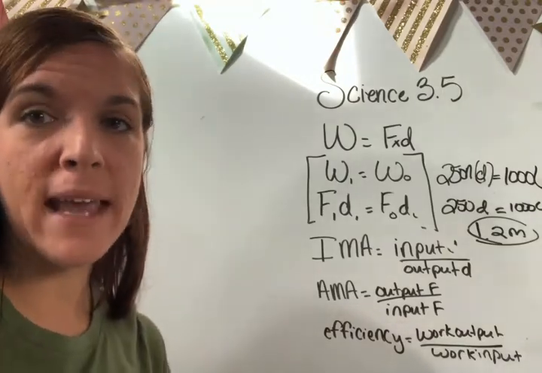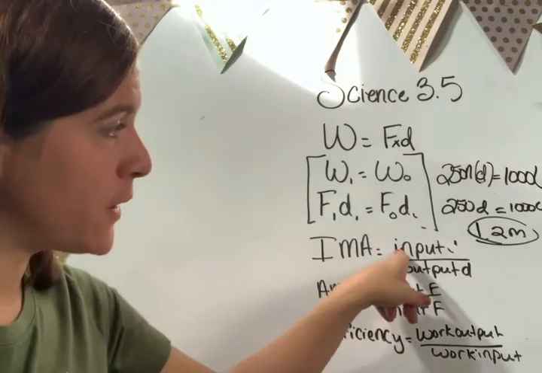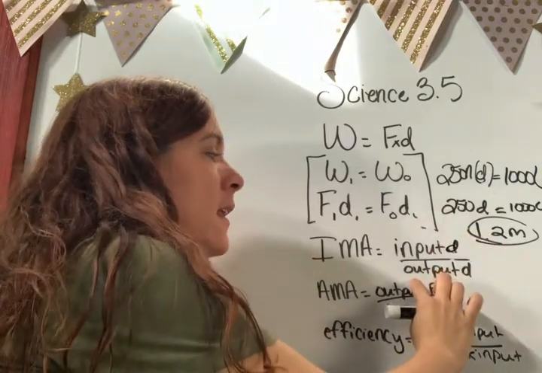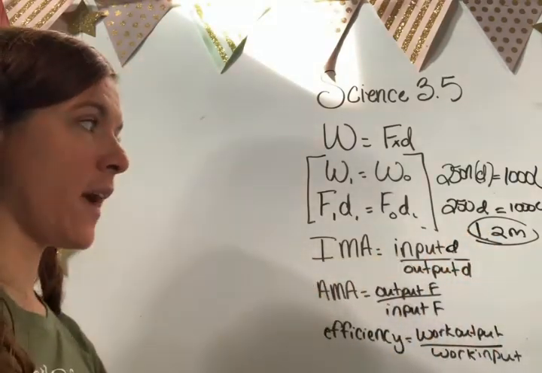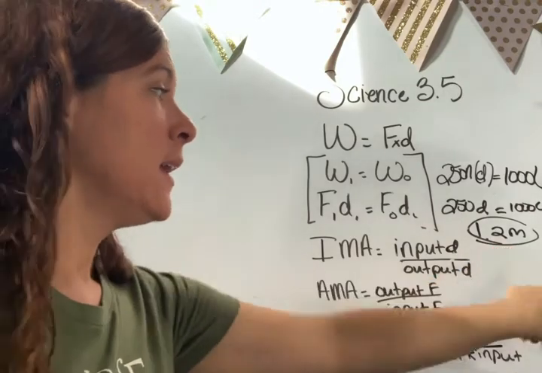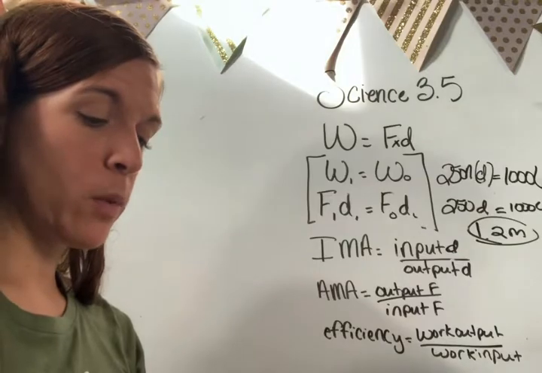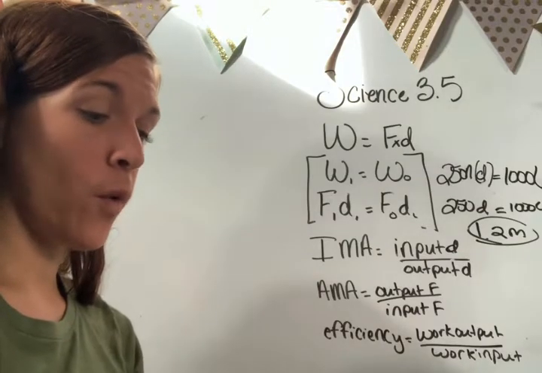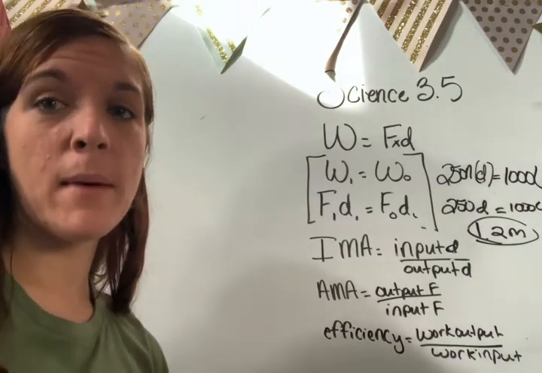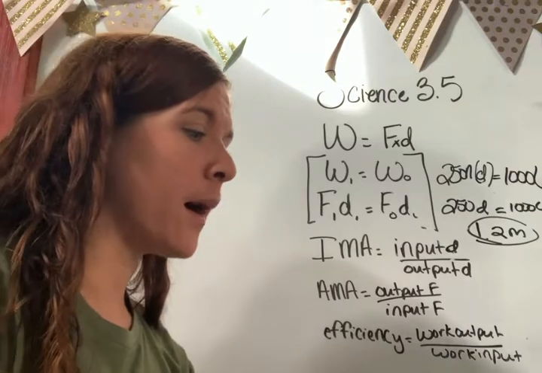So how do you find mechanical advantage? It's right here. Ideal mechanical advantage equals input distance over output distance, okay? So input distance was 1.2, output distance is 0.3, and when you do 1.2 divided by 0.3, what are you gonna get? 4. So your mechanical advantage of this machine is 4 because it does 4 times the amount of work for you. Okay, now another